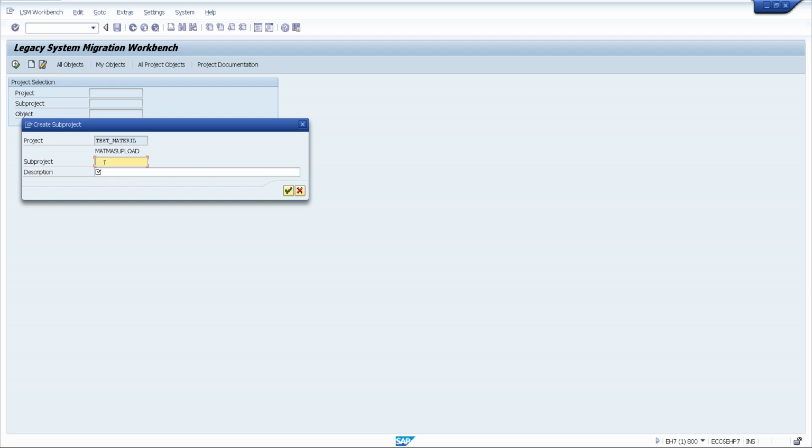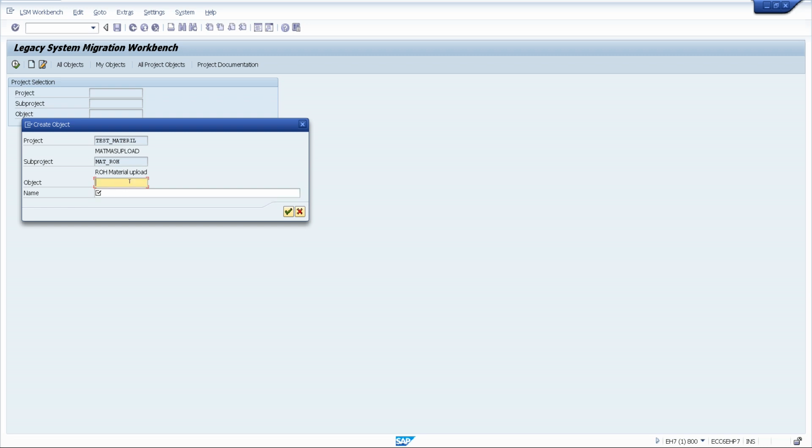It will ask for the sub-project. I gave MAT underscore ROH, ROH material upload. Continue. Here it asks again for the object.